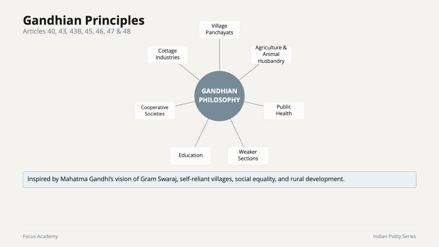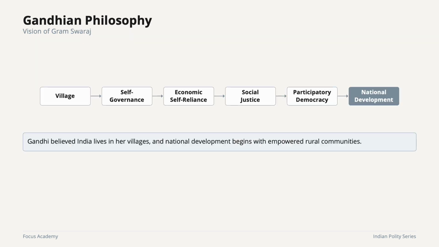The Gandhian principles. Now we have the Gandhian philosophy. Now here, this is what the Gandhian philosophy is all about. The Gandhian philosophy emphasizes the village and its self-governance. The village should self-govern, should have the power to govern themselves, and they should also be economically self-reliant,